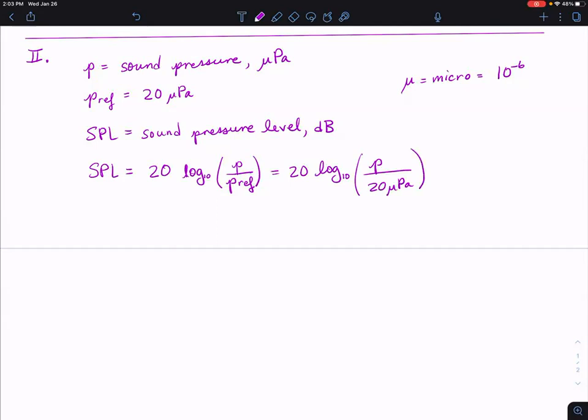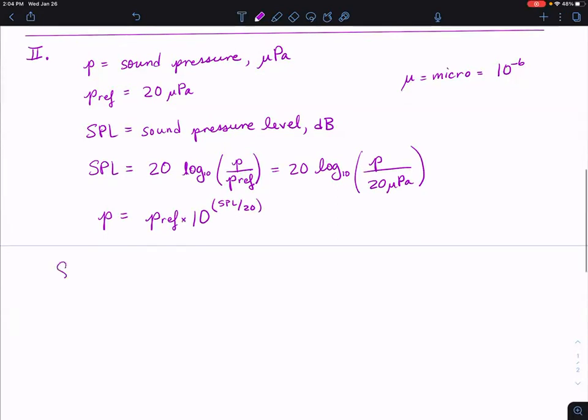Now, if you undo this equation, you get how you find the sound pressure when you have the sound pressure level. So it is the reference pressure times 10 raised to the power of SPL divided by 20. Okay, so I'm going to put a little X here for times. In scientific notation,